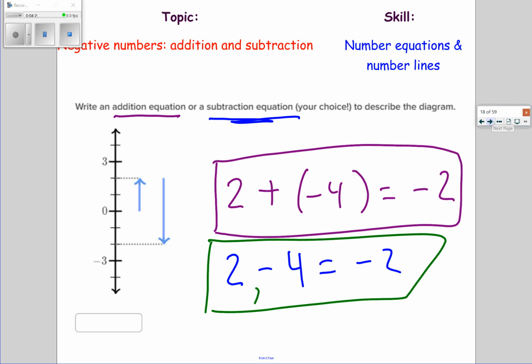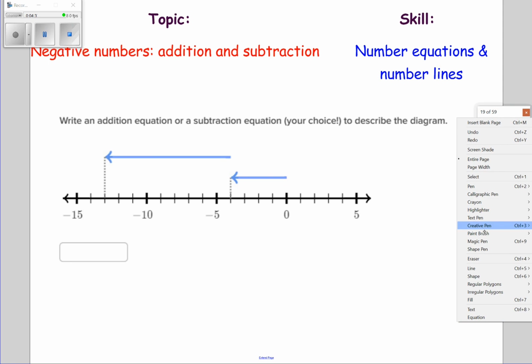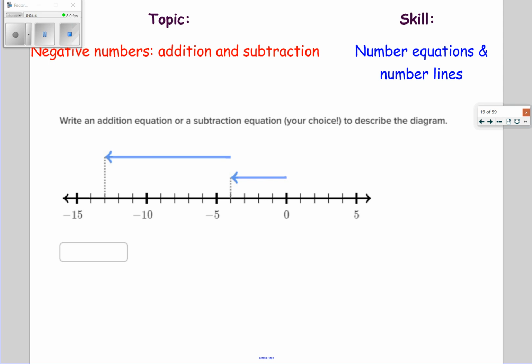Let's try this last problem. Write an addition or subtraction equation, your choice, to describe the diagram. I'm going to have you, once again, do an addition. Let's do the addition equation first. Okay, now that you've tried it,